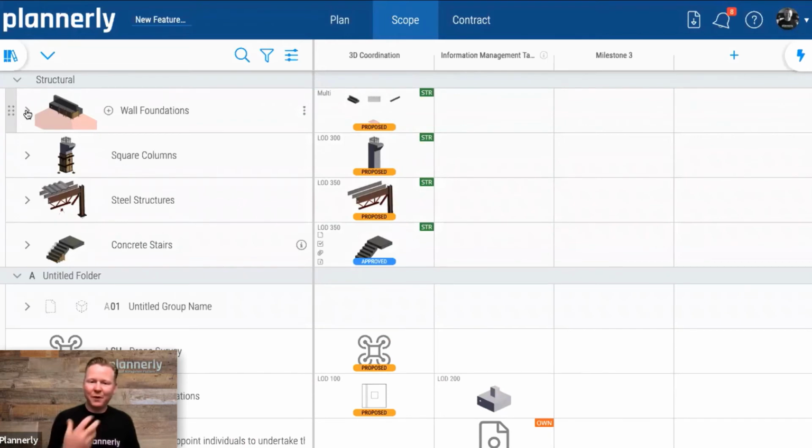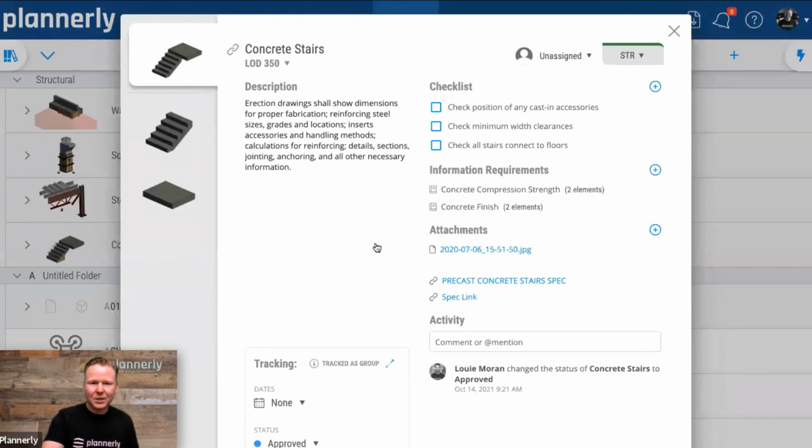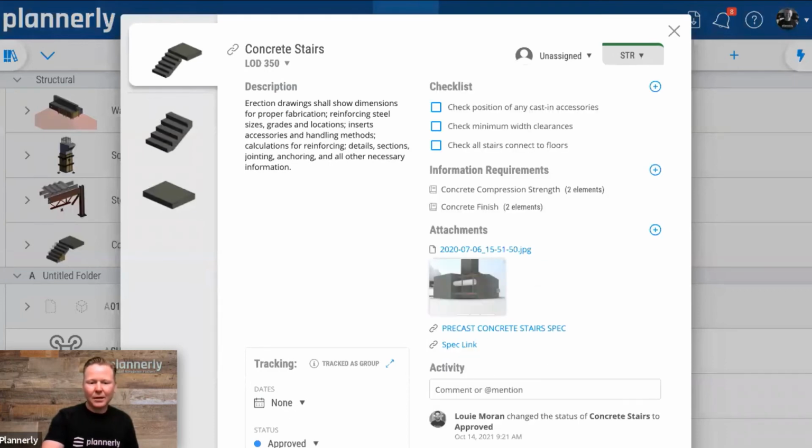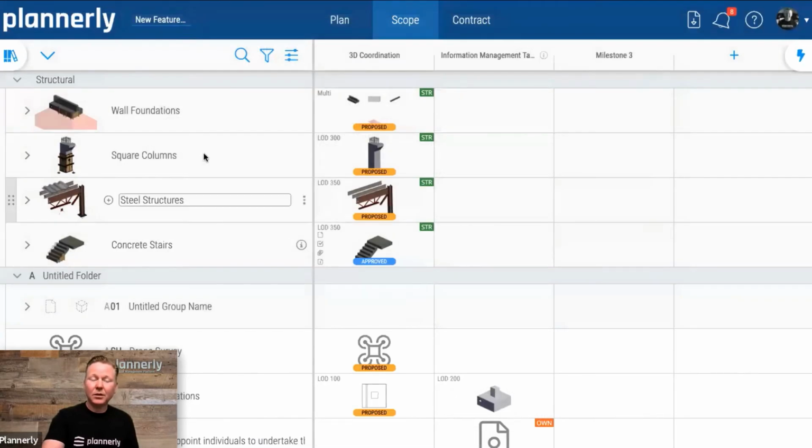As you define scope, it's not just about defining it and going and doing it. There is an approval process. And if I open up one of these, let me open this concrete stair, I can see automatically there are a set of approval steps that have been created. In the track module, you can track the status of these, or we can just simply select it in this modal here. And Louis has updated a couple of these so that we can now show you a few of these other features.